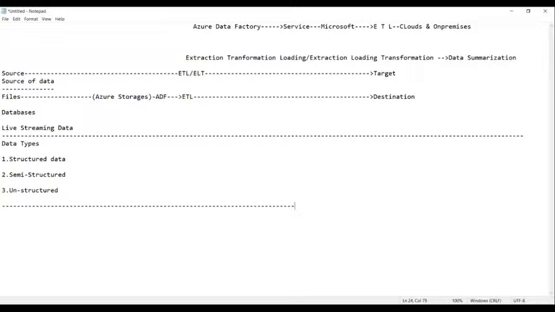Yes, machine generated data. And we have banking applications, where we get the data from, and IoT sensors. These are the various ways or businesses from where we get the data ultimately. That data we pick up using Azure storages and store it. Then the process of ETL starts using ADF, that is extraction, transformation, and loading. Finally, it will be loaded into the target.